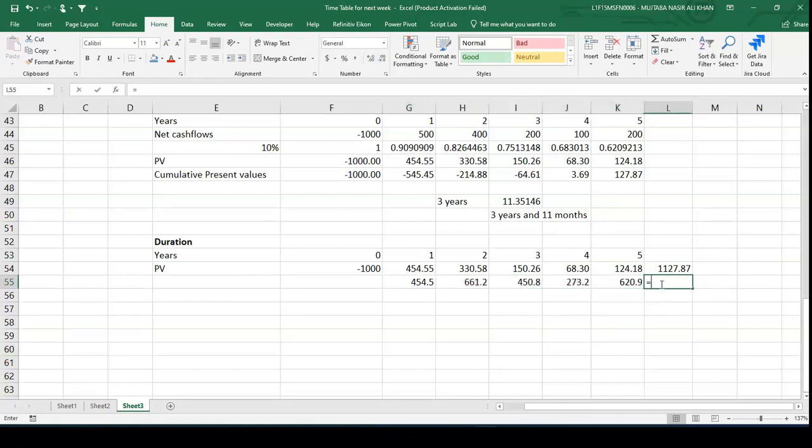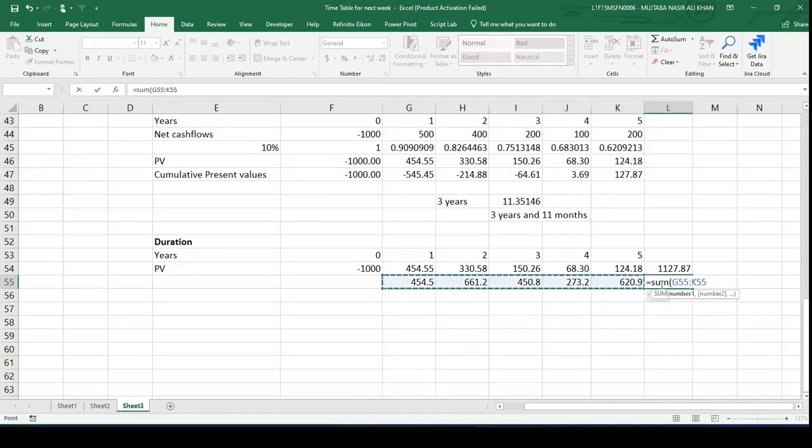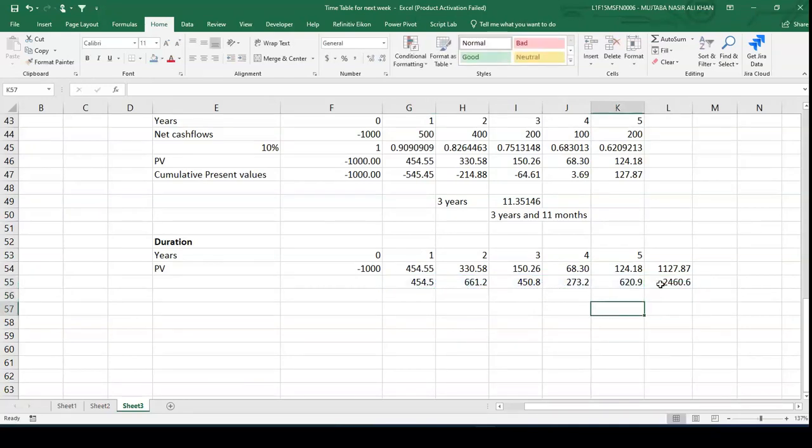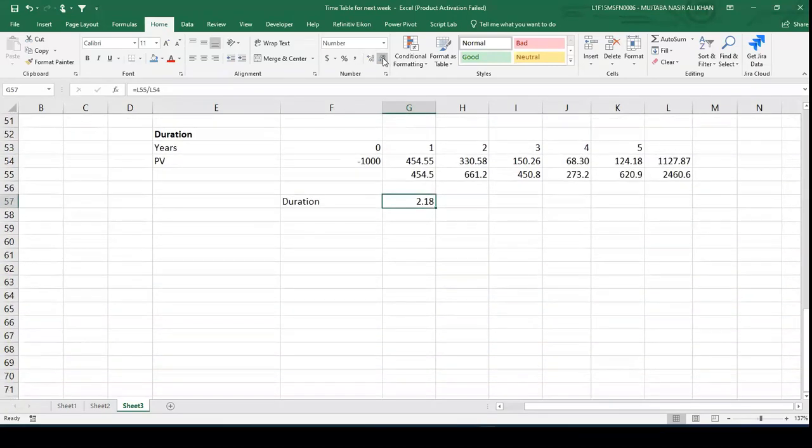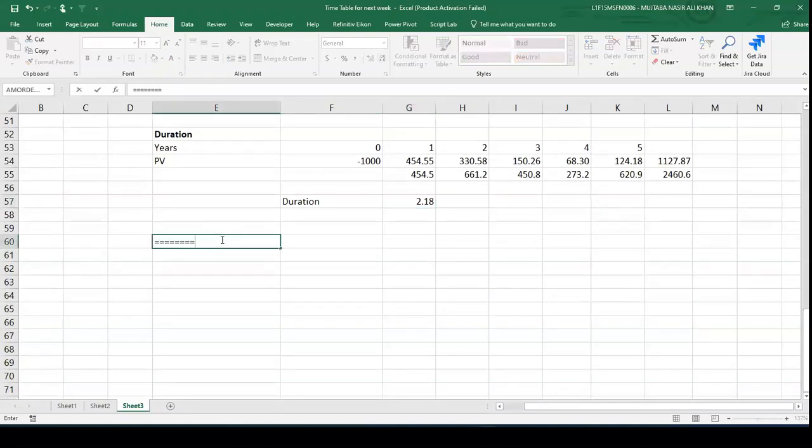Okay. Now take the sum of all these. The duration will be 2.18 years. That's how you will calculate the duration. There is another way. This is quite simple. Let me do it in that way,